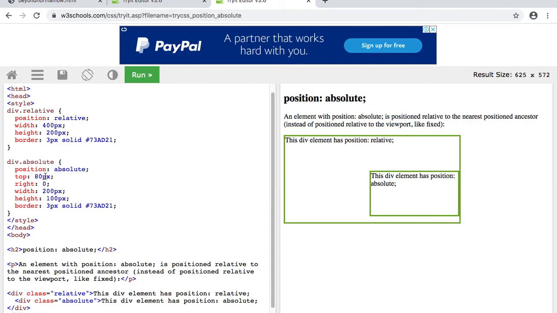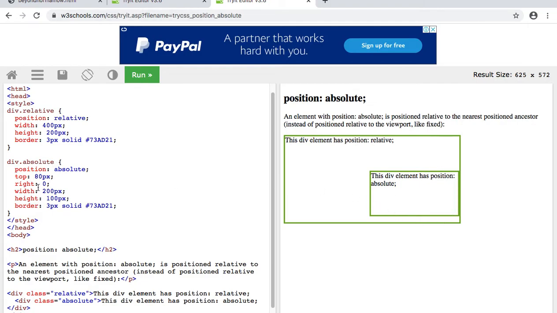Here the position value is absolute, top is 80 pixels. Top means with respect to this parent, this is the 80 pixels. And right is 0, width is 200 pixels, height is 100 pixels, and border 3 pixels green solid, okay.